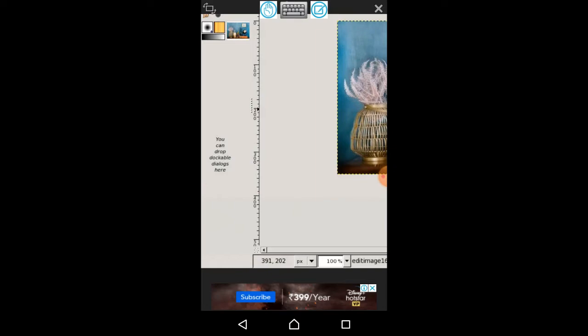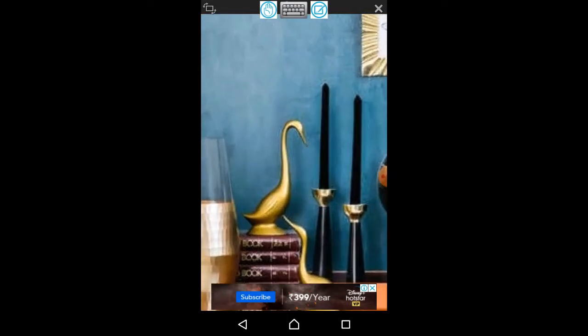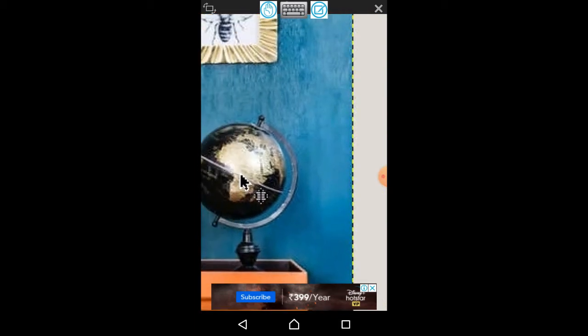So these are the center coordinates. After this you have to try to take it in a straight line to the circumference. Go zoom out.